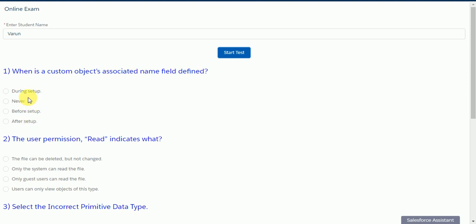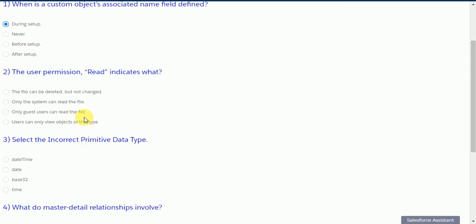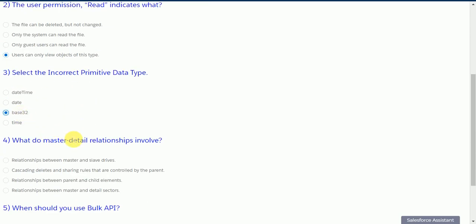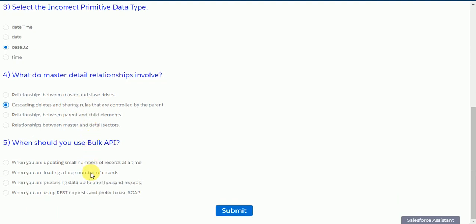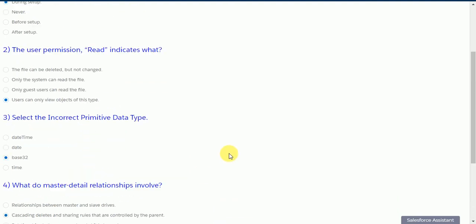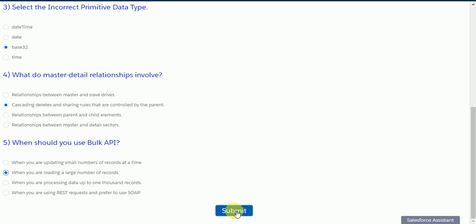I've just given some random answers here and clicked on submit, and you can see your score is 5. That means almost all the answers were right.